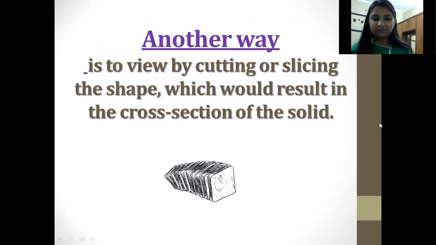Okay, if you have thought of something, let us introduce another way, which is cutting and slicing. If we are cutting or slicing anything, what would we be observing? We would be observing some other shape, like a three-dimensional object converting its shape into two-dimensional. We would be looking at how we convert it, and the concept we call a cross section. Okay, you have to remember that.